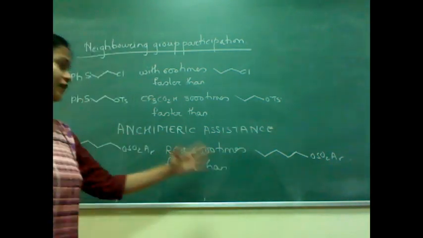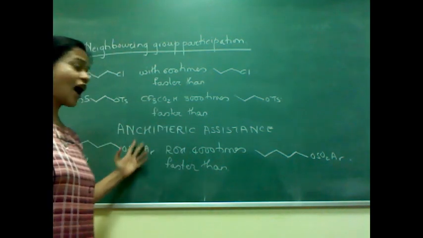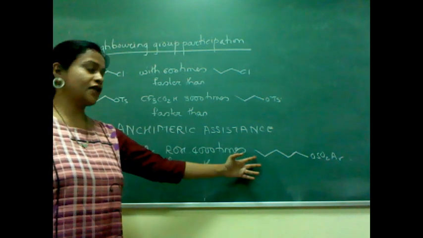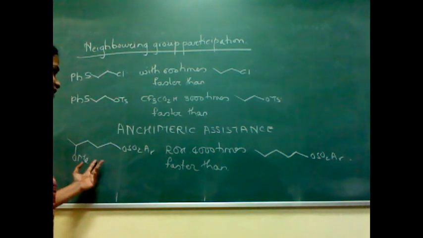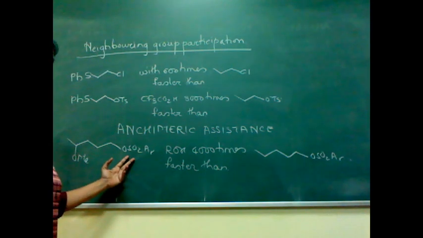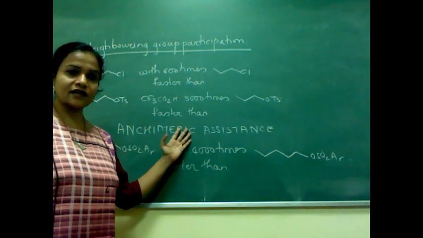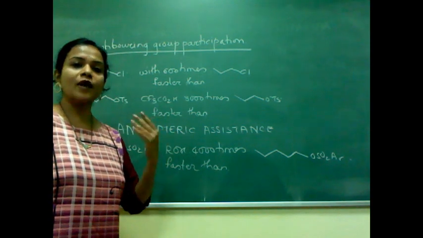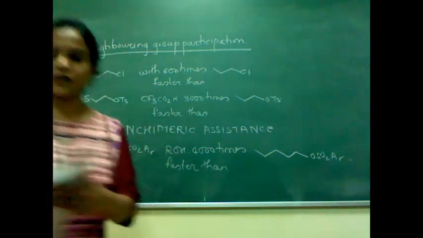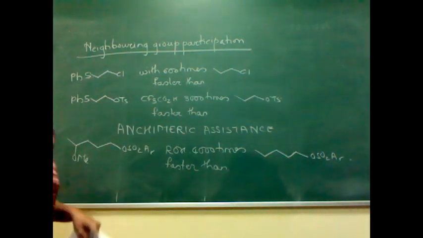So whenever such types of questions are being asked, what you should think is, how is my substrate different from the other? So you can clearly see in this particular substrate that it contains the methoxy group. It acts as a driving force so as to knock off the leaving group, leading to the faster reaction rates. So these are certain examples which help you to understand the actual meaning of neighboring group participation. Now let us try to see some more examples and the mechanistic aspects.